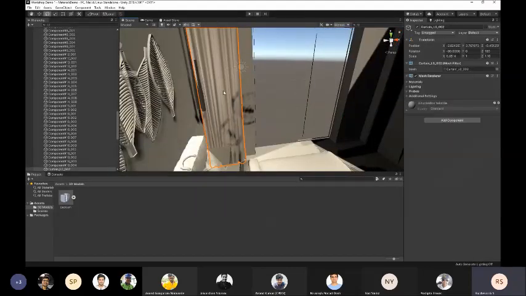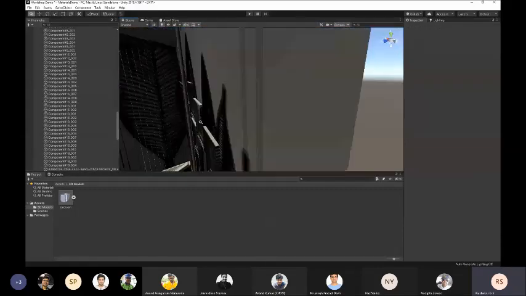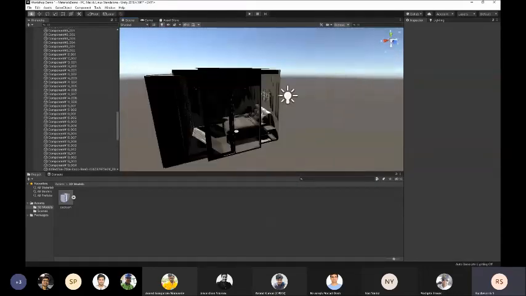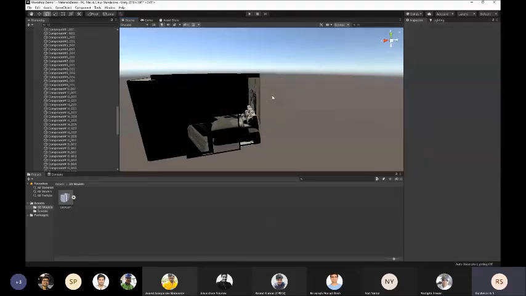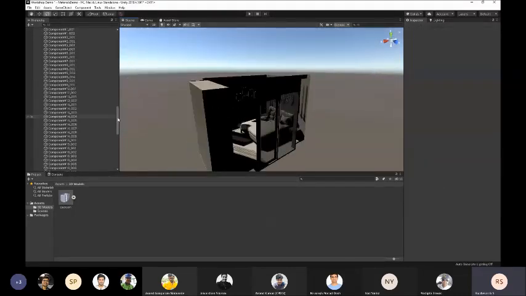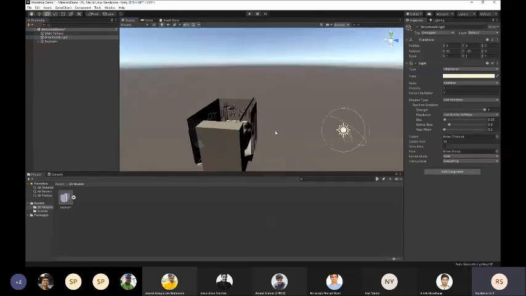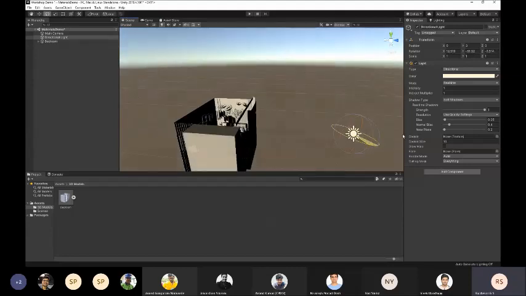Selecting the object and pressing the delete key will remove that object. Let me orient my directional light. You can see the shadows change when I orient my light.